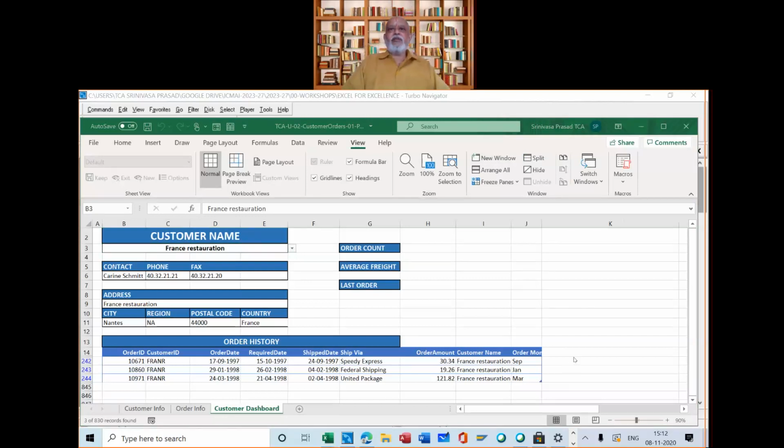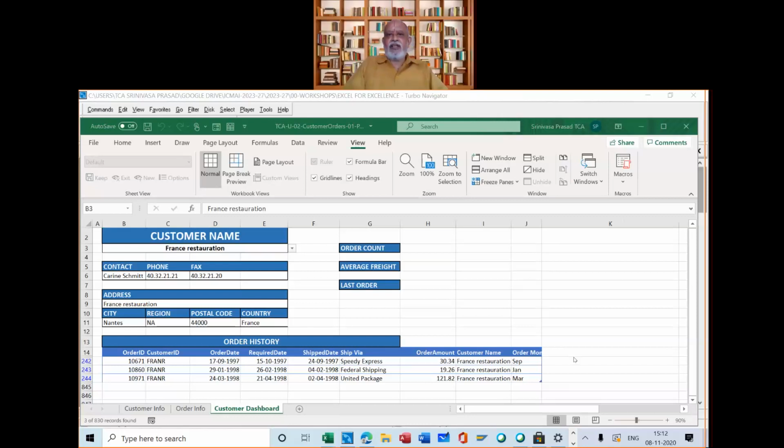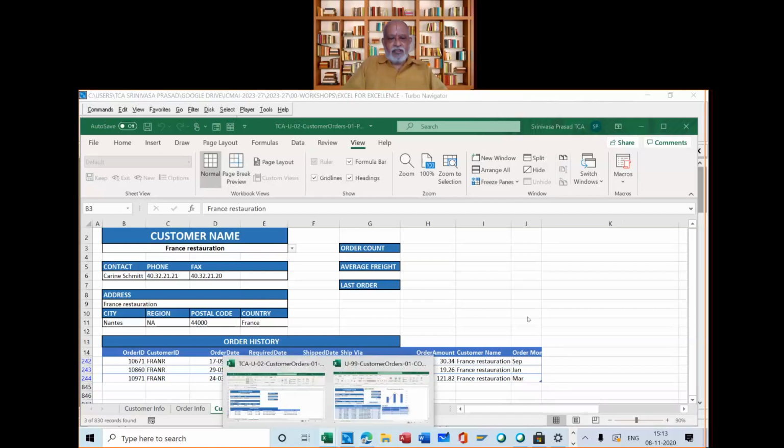So how do I get a VBA screen? It is function F11. Sorry, function Alt. On different computers it is different, so you can decide in your case what is happening. Have a look at how it is happening.